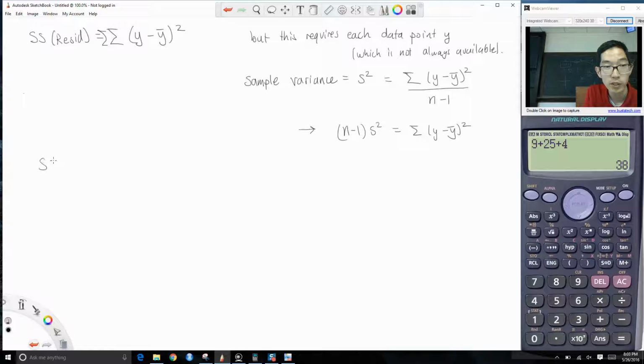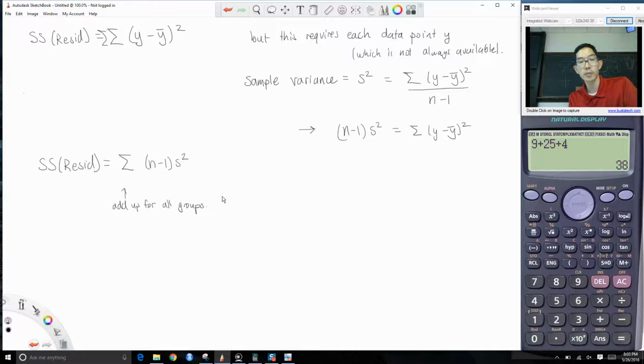So plugging that in, we get sum of squares residual equal, doing this for all groups, n minus 1 times the sample variance added up. Okay, so add up for all groups. Okay, and so just kind of flipping back to the previous slide,